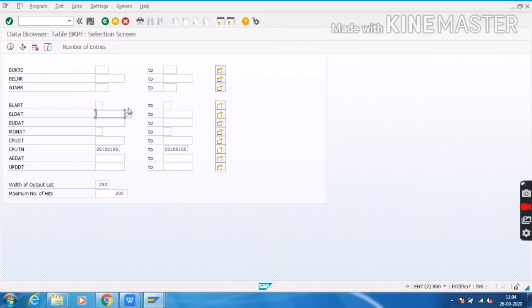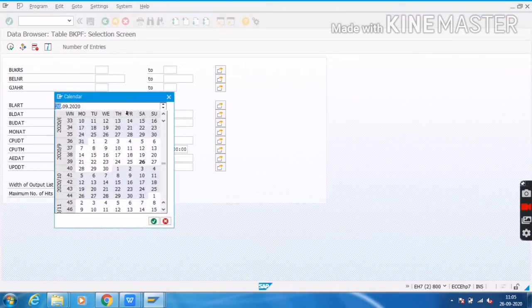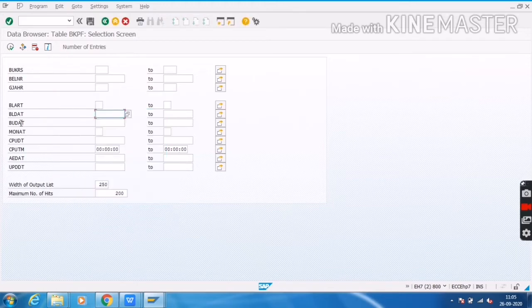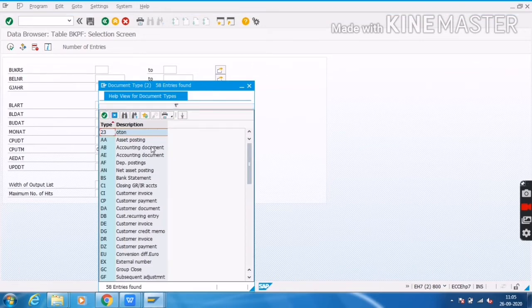It means these are the search helps. When I click this one, we get a list of possible entries. So here we get the date format. When I click the BLART field, we get a list of possible entries related to the BLART field.